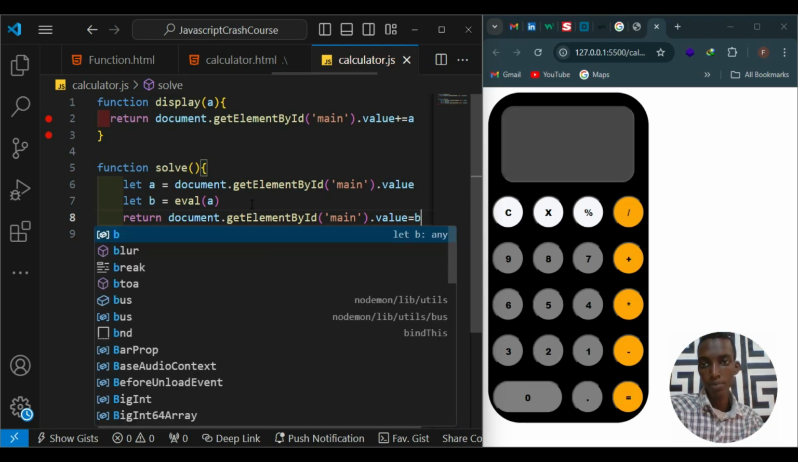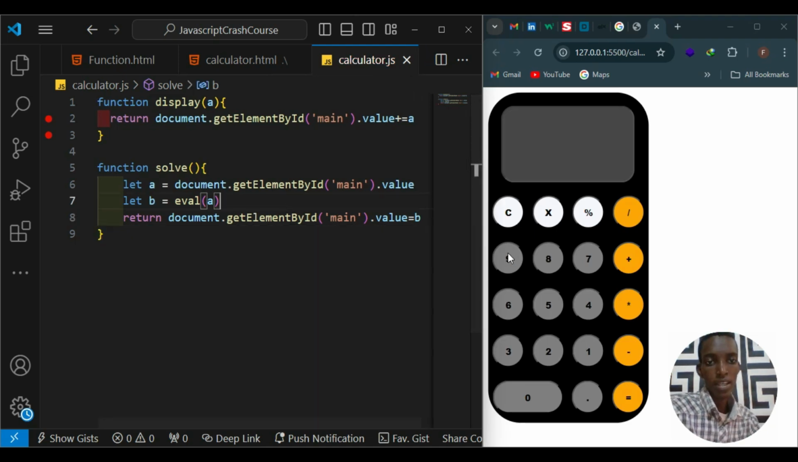So now if we run this, say 9 plus 9, now we should be having 18. You get me? So I'm saying let's refresh. 9 times 9, sorry, okay, that doesn't refresh. 9 multiplied by 9, no,